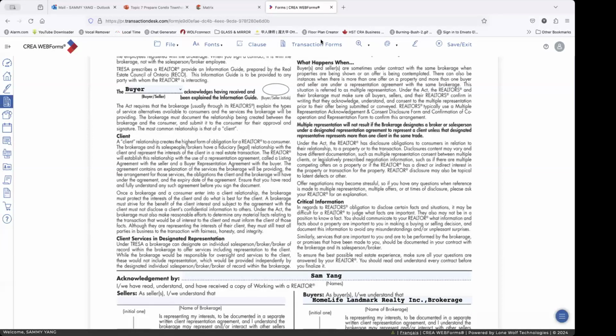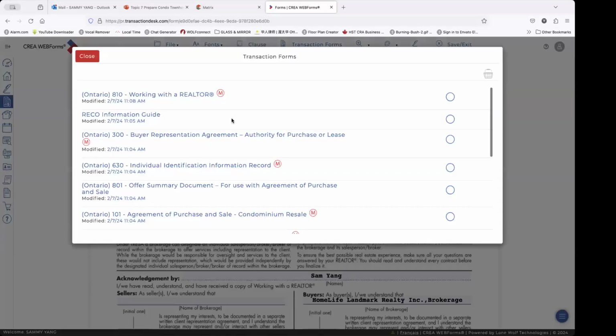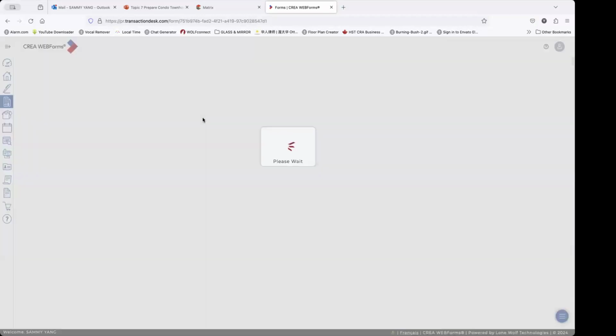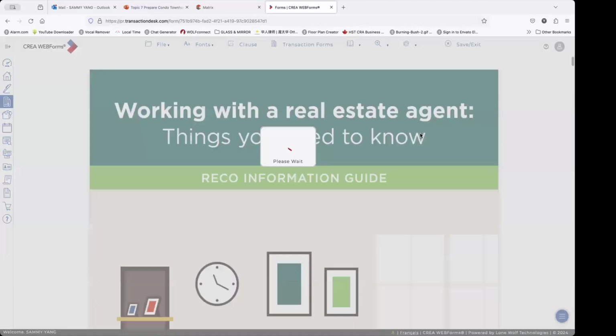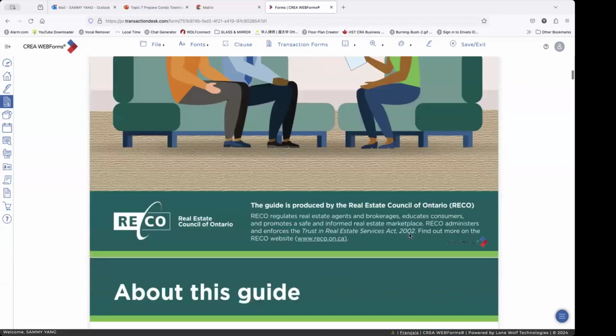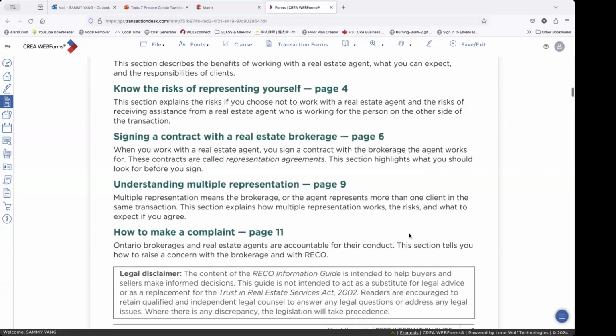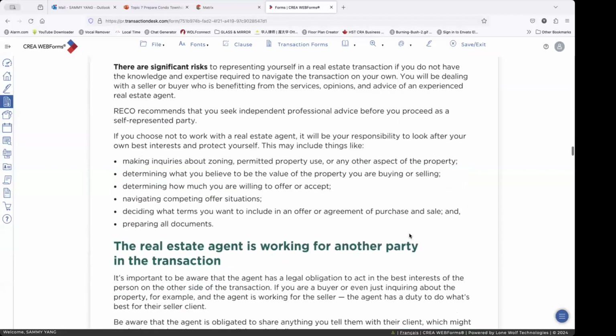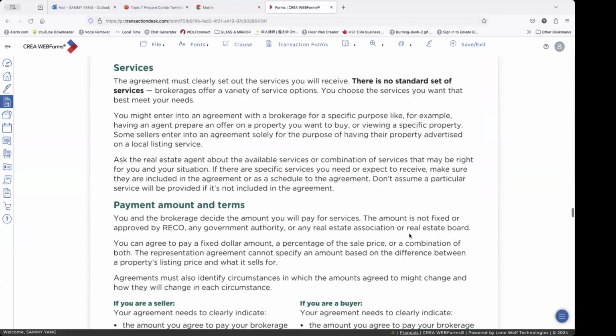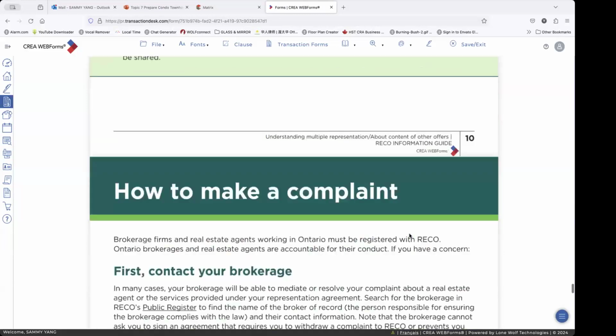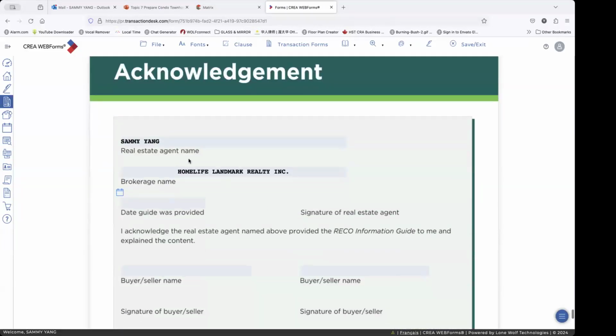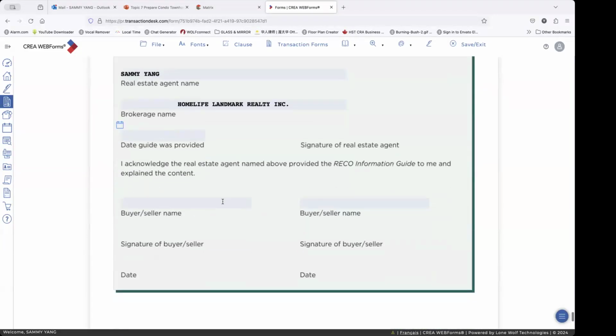And then we go to the second form. Second form is a recall information guide. Just click. So we will not waste time on this form because I think you can easily read it. We go all the way to the bottom. So you see the agent's name, the date,